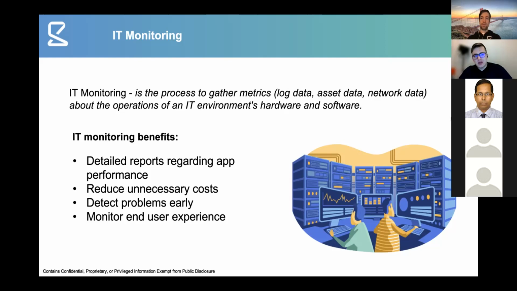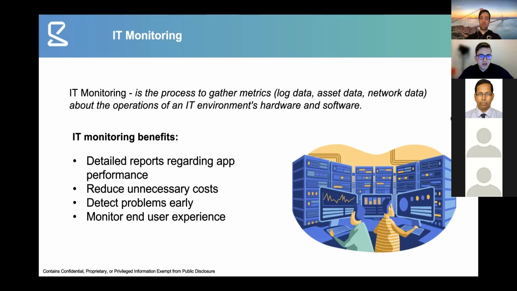Another benefit of monitoring is that you can also monitor the end user experience on your applications. For example, on a website, you can configure some trackers, and in this way you can monitor how the user behaves on the web application, what the user is most interested in, and what pages are mostly visited.